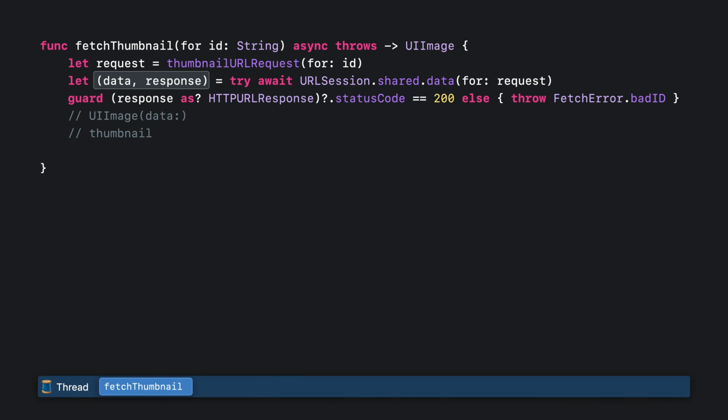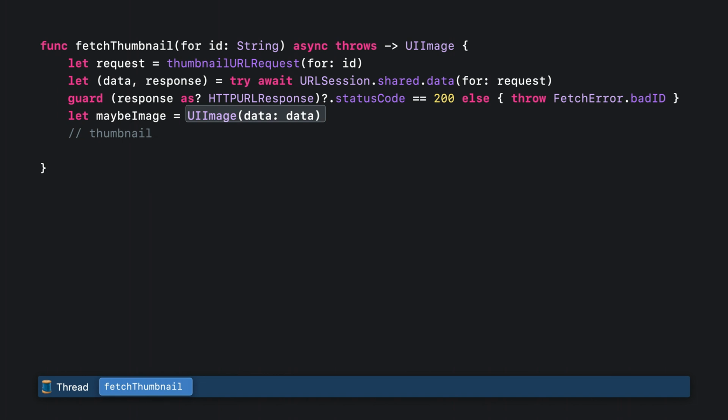This is similar to what happened in the earlier version of fetchThumbnail, when the completion handler passed to URLSession's dataTask method was invoked. In both versions, values and errors that were produced by URLSession's asynchronous method flowed in. But the awaitable version is so much simpler. It says exactly what we mean. Make this request and assign the values we get back to variables so we can use them. And if we happen to run into a problem, throw an error.